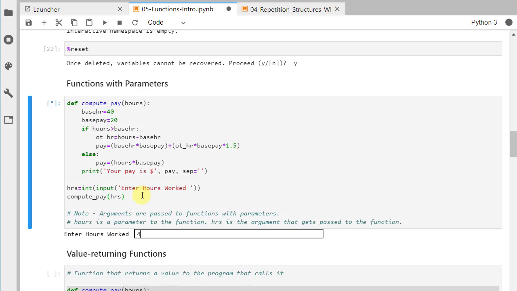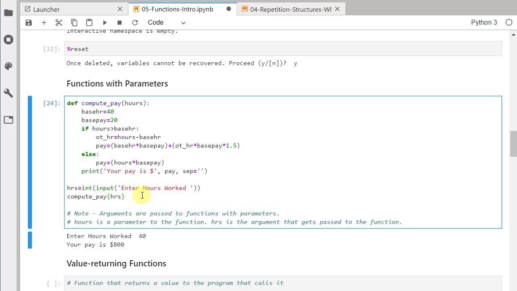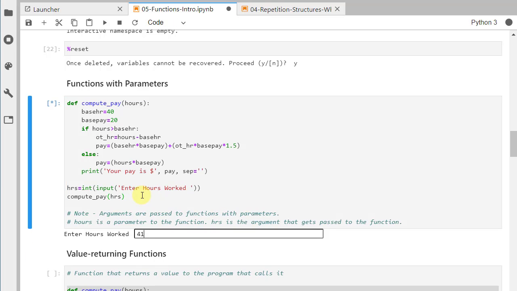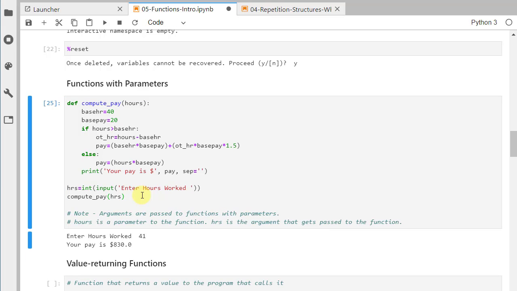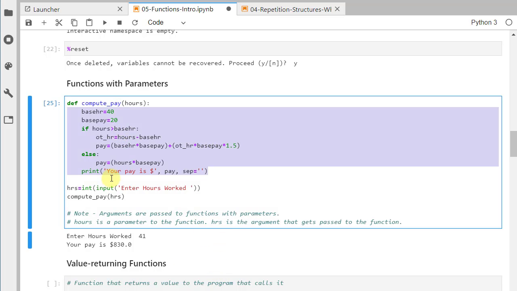Okay. The employee worked 40 hours. The pay is 800. The employee worked 41 hours, and the pay is 830, because the 1 hour extra is going to be paid at the rate of $30. Okay. But the idea here is that instead of having all this code inside